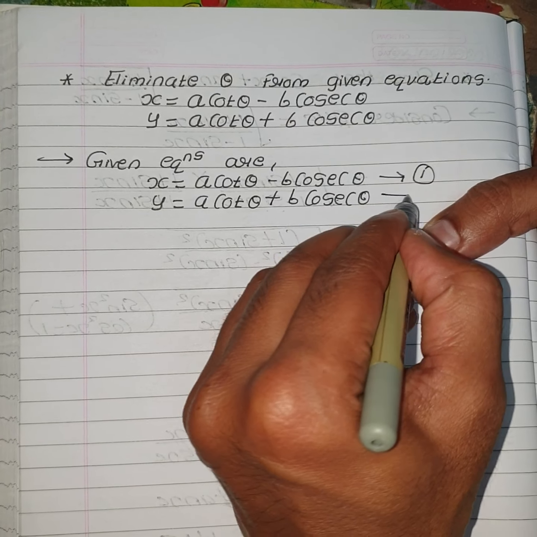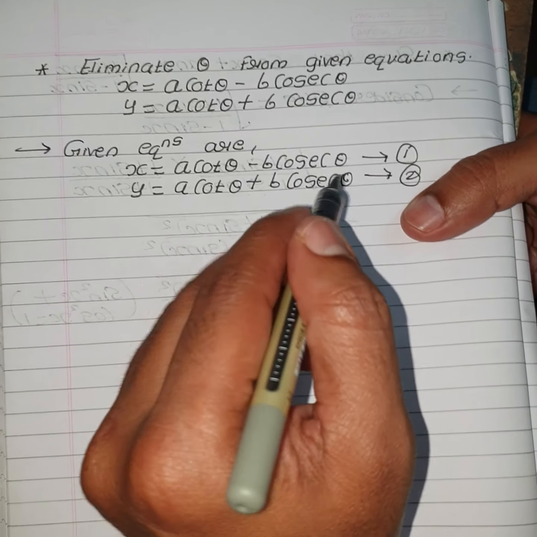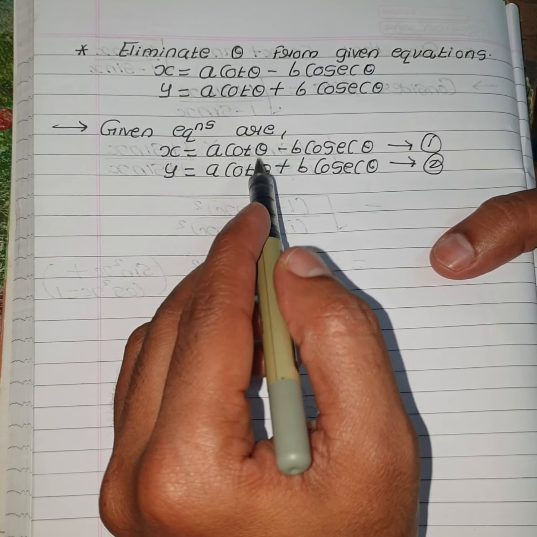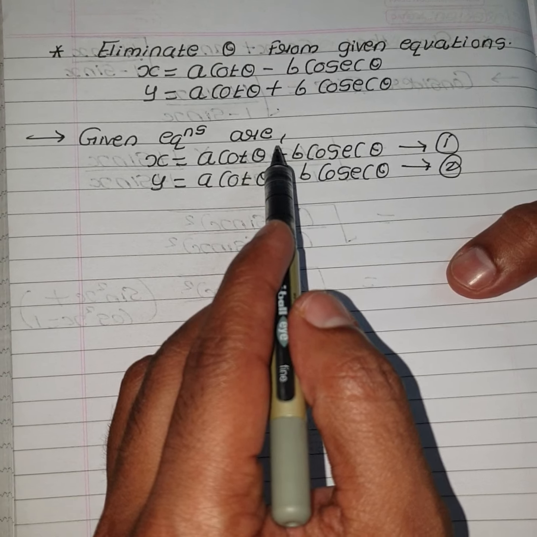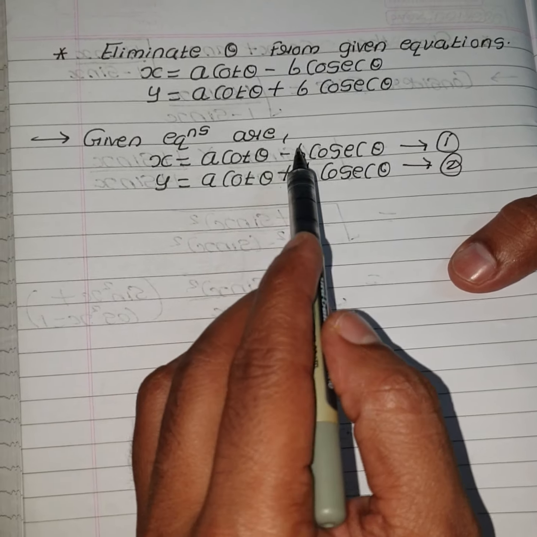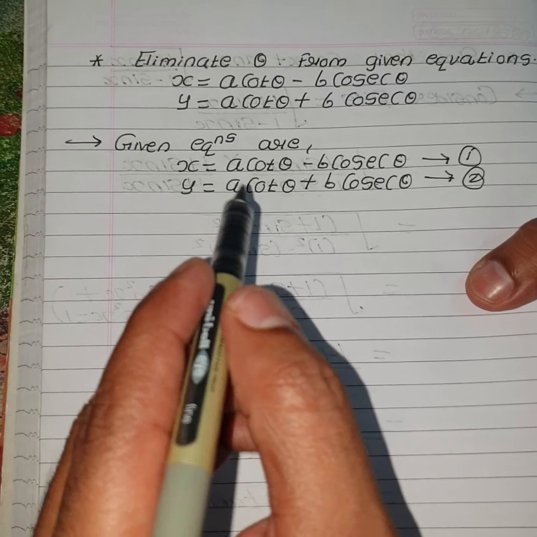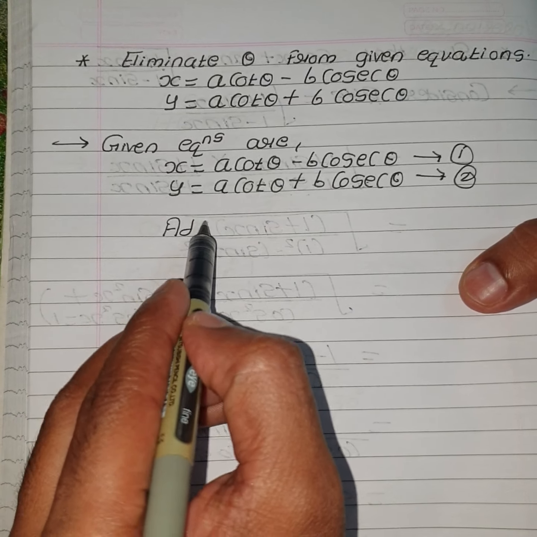Equation 1, equation 2. Now these are two equations. If we consider the variables as cot theta and cosec theta, and we will consider x, a and b are constants. Now here it is minus, here it is plus, so adding